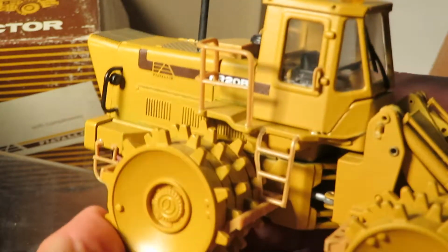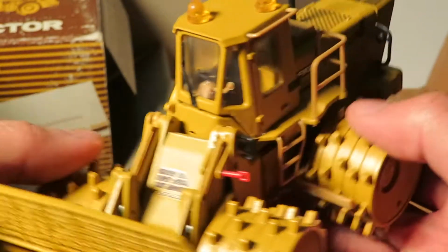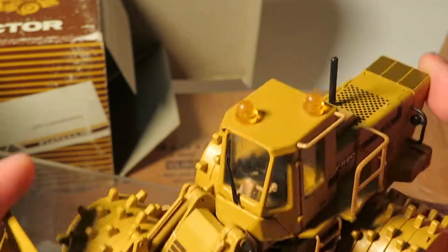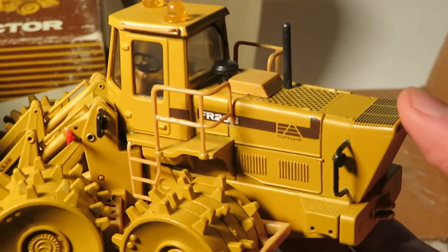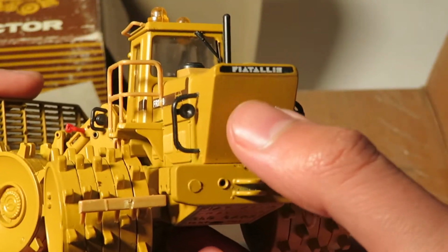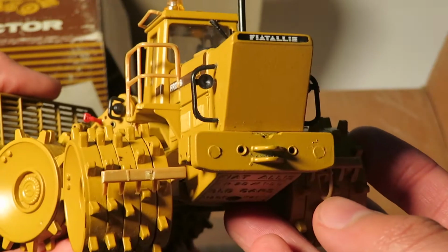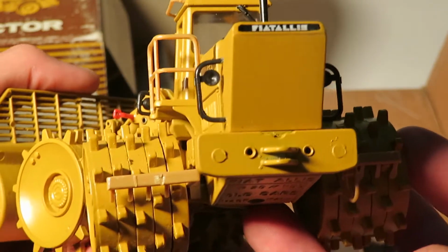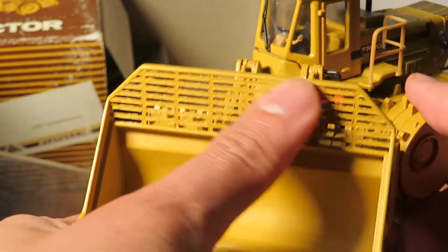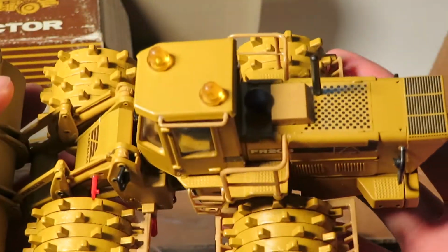The plastic parts are fairly minimal, but the smaller pieces like the handrails, the wiper, everything, those are pretty decently in scale, and had this been brand new, I'd imagine the color match would be a lot nicer too. And it's not like they just reused everything but the wheels on the compactor version. They actually tooled up an extra piece on the back to relocate the air intake to prevent garbage blocking any of the vents, getting anything sucked up by the radiator fan. Got this nice perforated part on the bucket there. So yeah,